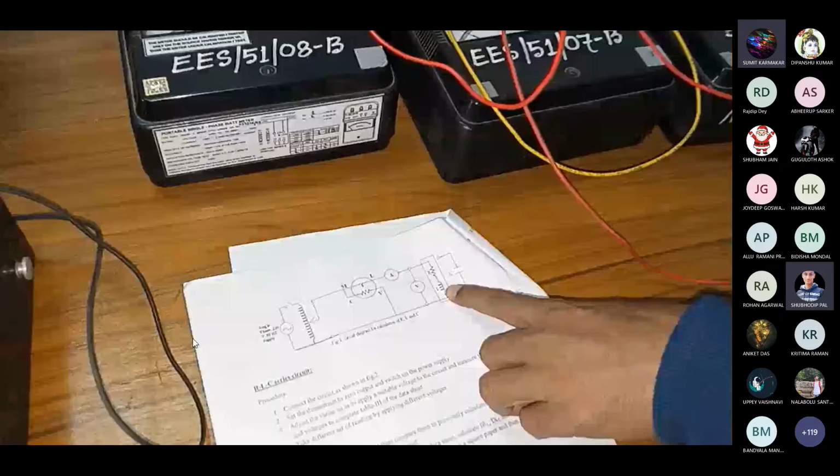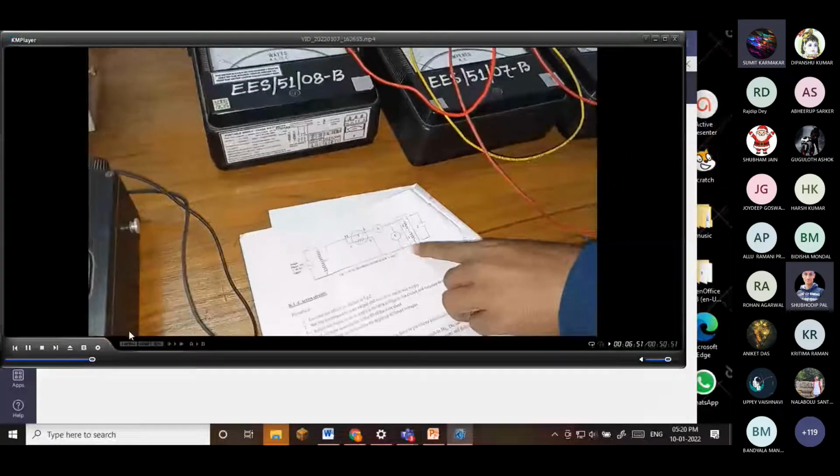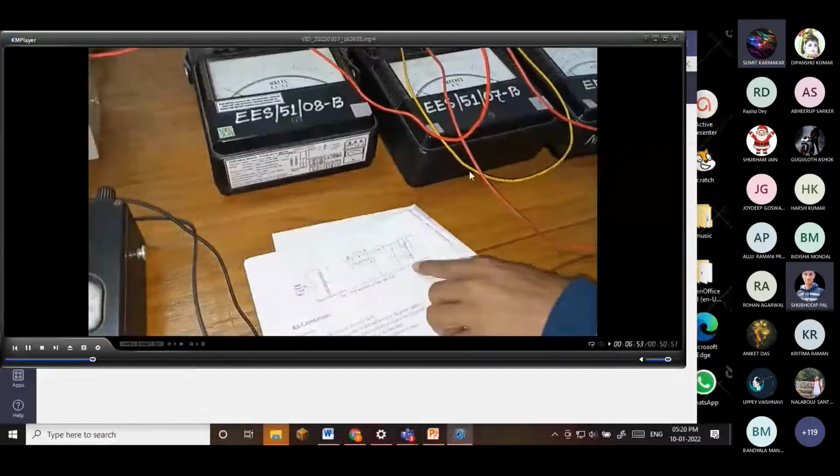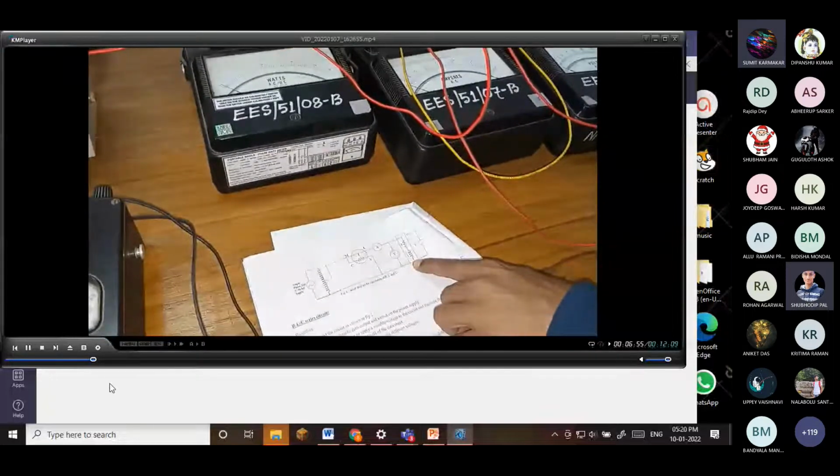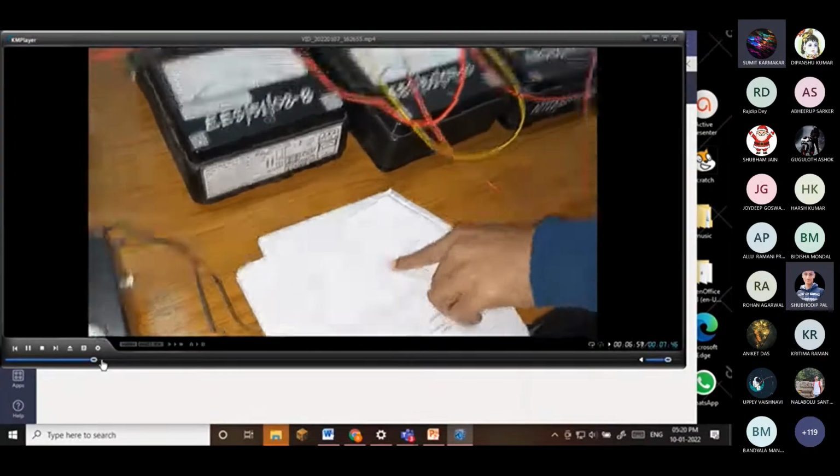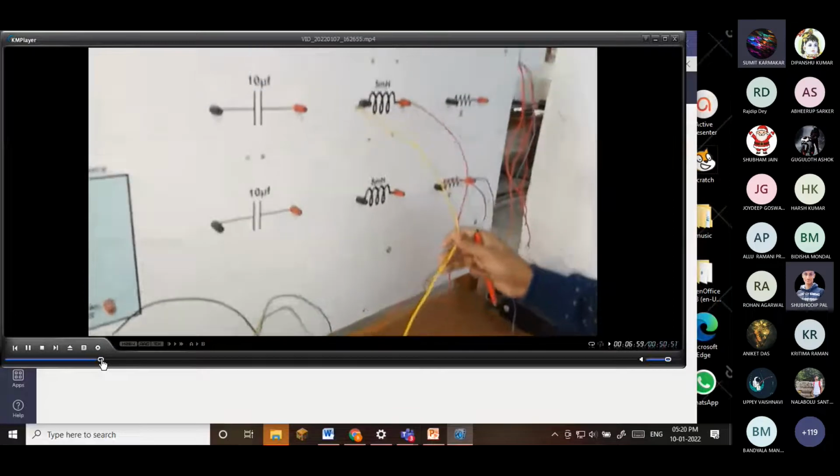The other end of the inductor is coming to this point, right? That means it must be connected to the reference line. You are supposed to connect it to the reference line. So reference line means either